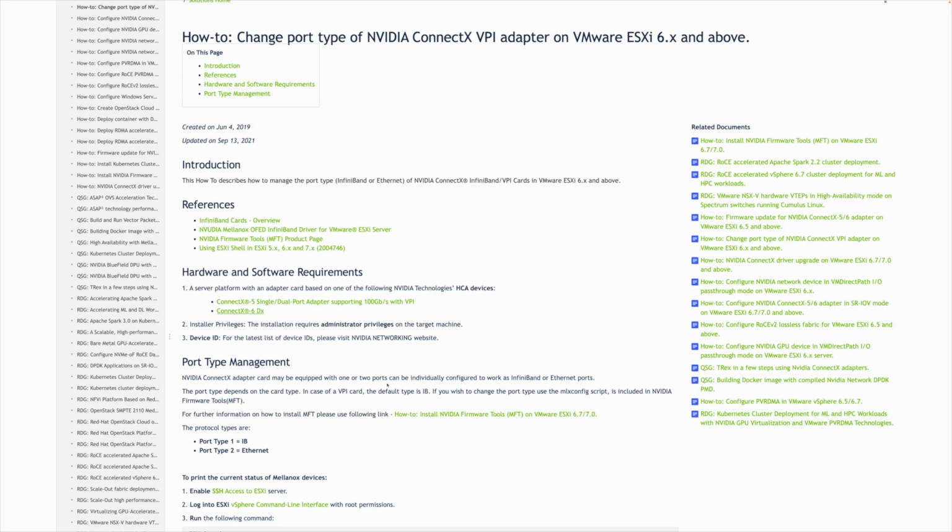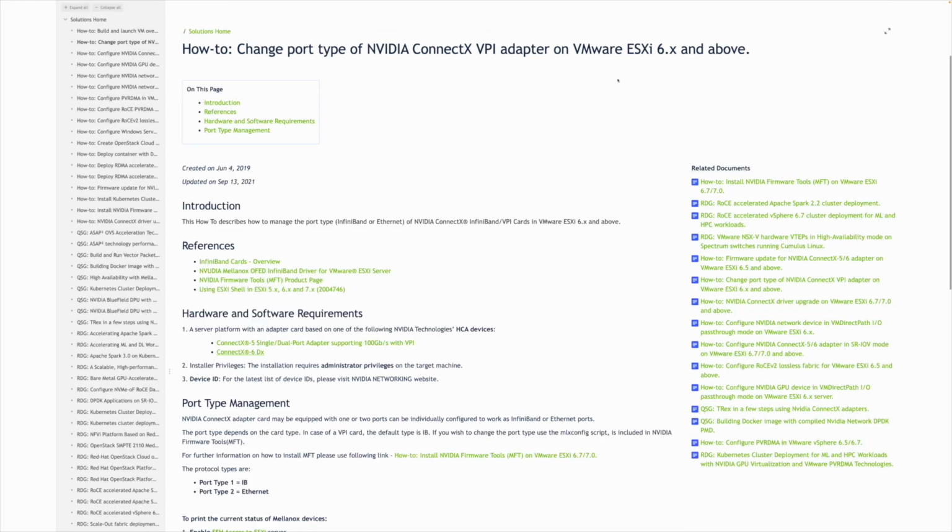It simply doesn't exist in the mentioned folder by this document. I tried both ESXi 6.x and 7.0. Two different physical servers, two different ESXi versions, the exact same problem. Okay, I know that's what I need to do to change the port type, but I cannot accomplish it under ESXi. I have to go another way, which is I unplug this card from my Supermicro server